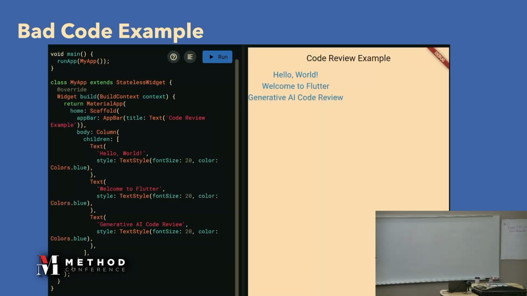It's because this is very simple Flutter source code, just showing a 3-line text. But this code is very duplicated.